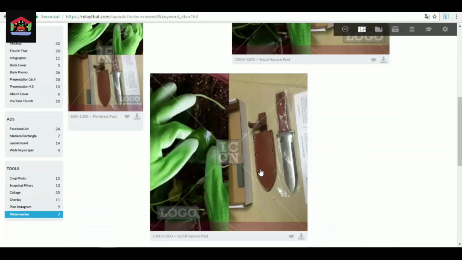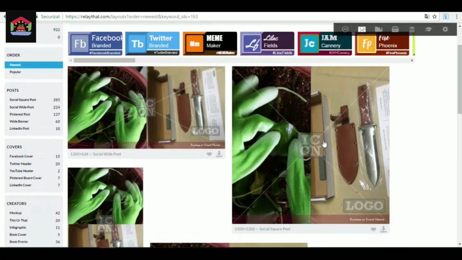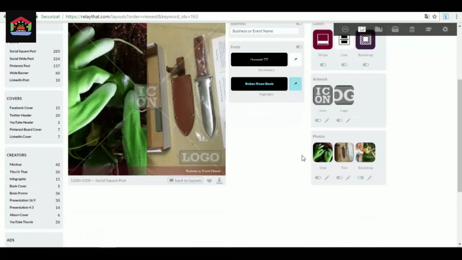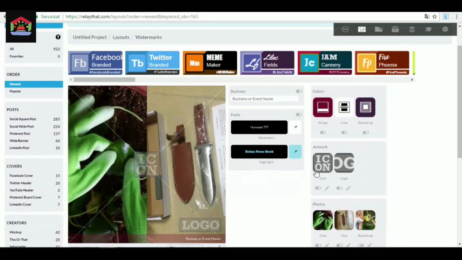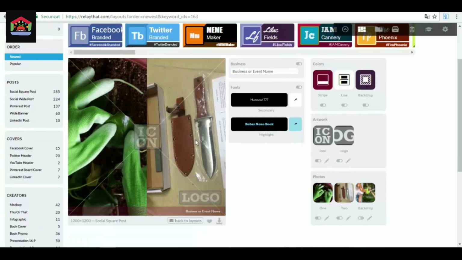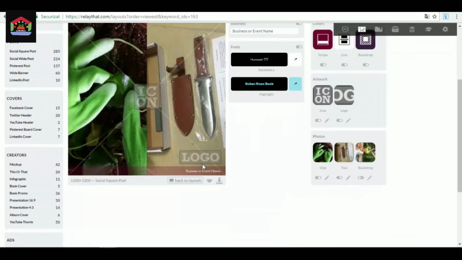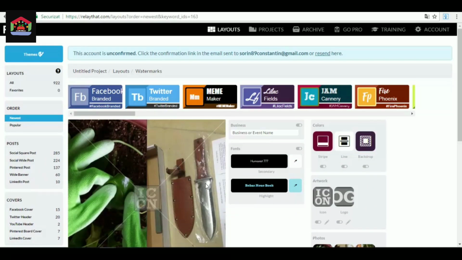Watermarker, let's see the watermarker in action. So this is how a watermarker looks. Basically, for example, if you want to use the watermark, we just have to select the template type. And obviously, instead of the icon, we can change it with our logo. Instead of the logo, again, we can change it with one image of our own. And you will have an image with watermark after that. Just click on the two images, change them with your logos or your own watermarks, and you will have an image with your watermark on it. As simple as that. Afterwards, you download it to your computer, you post it wherever you have to post it, and you will have an image with a watermark, so nobody can steal it from you and use it for their own